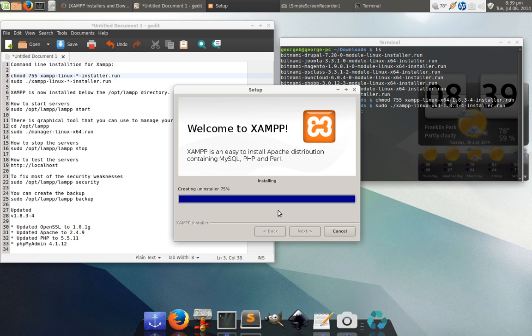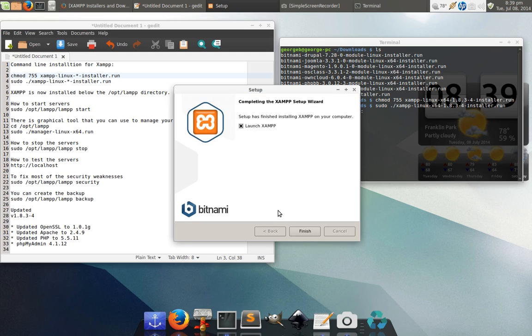I've never had issues before. They improve year after year, especially in the past year with Bitnami. They've tremendously improved with a lot of things that they've done over the years. So now it's done, so it's going to say launch XAMPP. Let's do that. Hit finish,